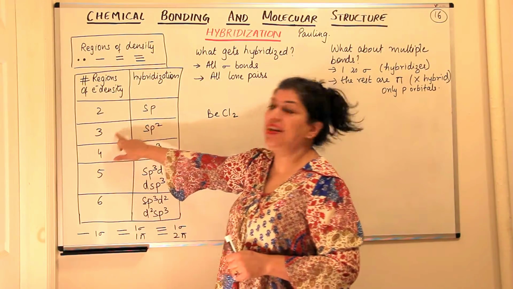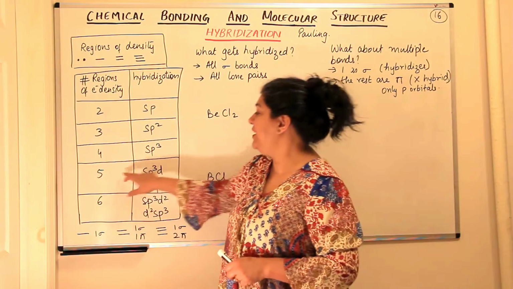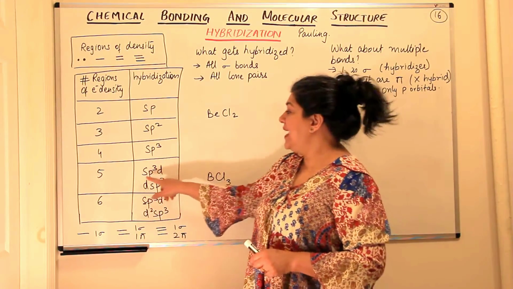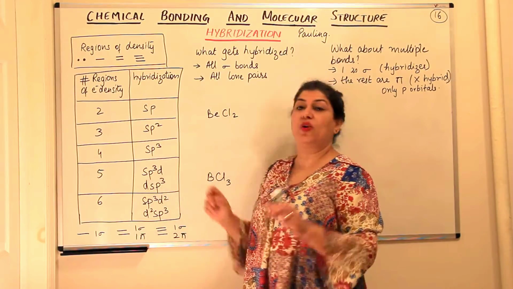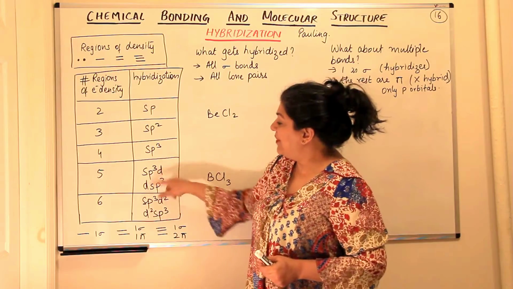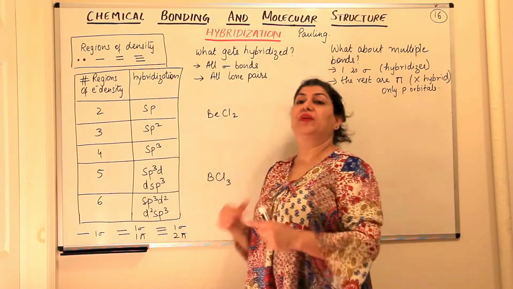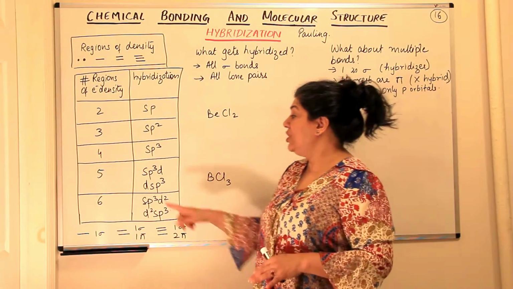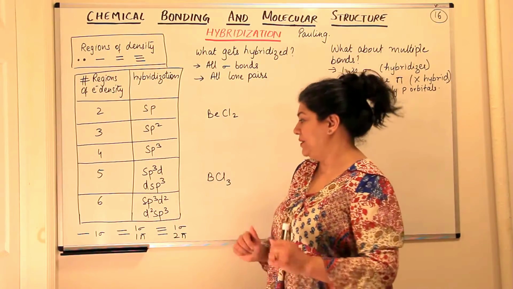If it has 3 regions, it is sp2; 4 regions, sp3; 5 regions is sp3d or dsp3. When we say sp3d, it means sp3 and d orbitals of the same shell. But when we say dsp3, it means the d orbital is of the penultimate shell. The hybridization is occurring between d orbitals of the penultimate shell and the sp3 of the ultimate shell, or the